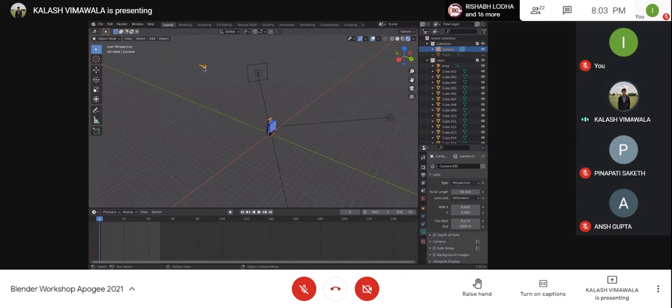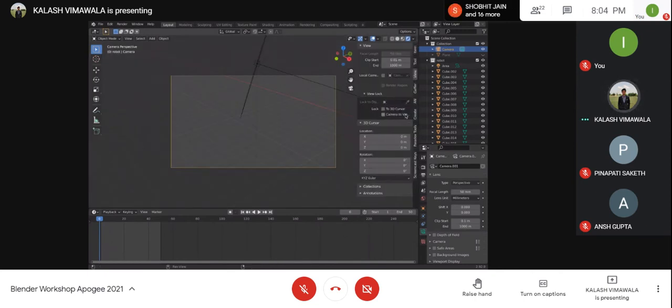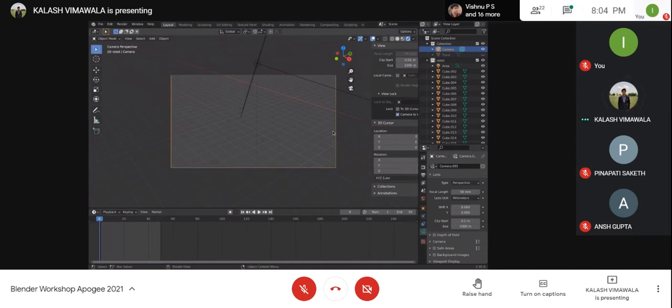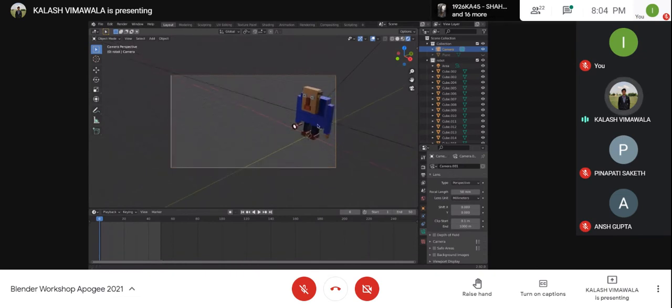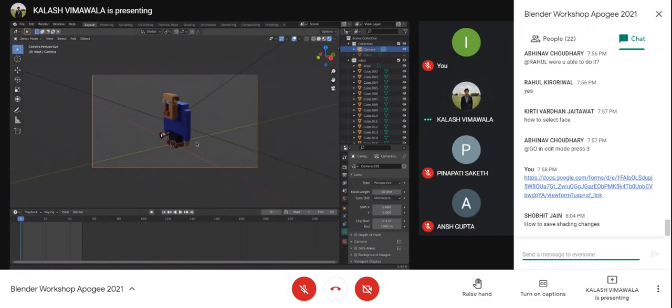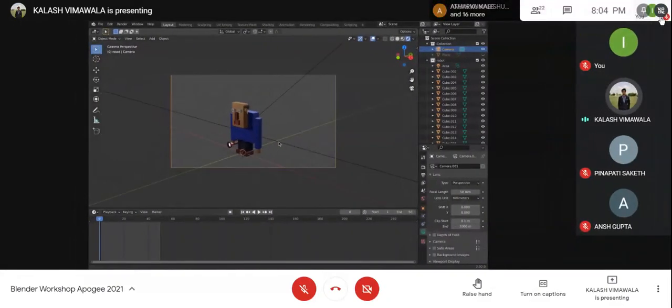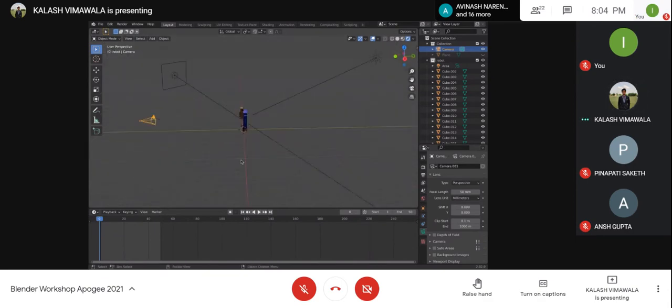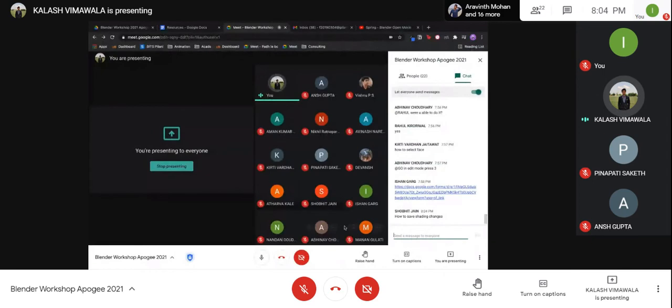So what you can do is select the camera, go into camera view, press N, and click on view, lock camera to viewport. Now as you move around your scene generally, you can rotate and pan. You rotate using the middle mouse button, and you pan using the shift button. Shift plus middle mouse button. So this is what I want my scene to actually render. All right. So this is how it goes. I hope everyone was clear with that.